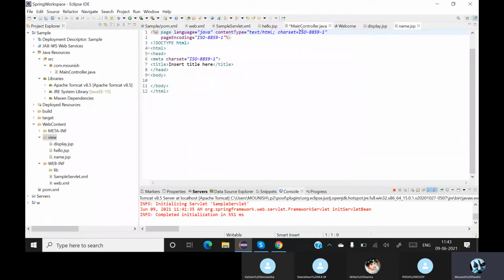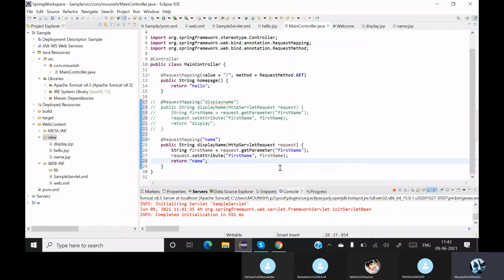So I have all the concerned files ready. I need to make some minor changes. Okay, what are these minor changes? The minor changes over here are, first we are creating an HTTP servlet request object. I am taking a variable for this, and again I am setting it in the request object. This is basically a bit lengthy. Okay, so to make it more simple,